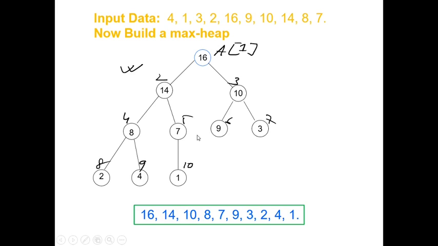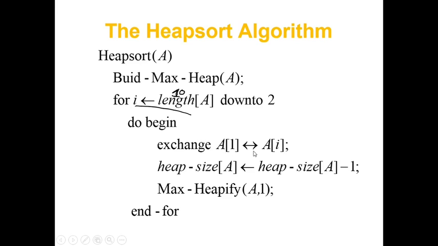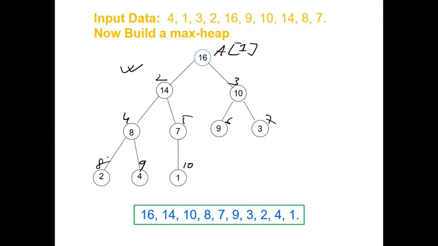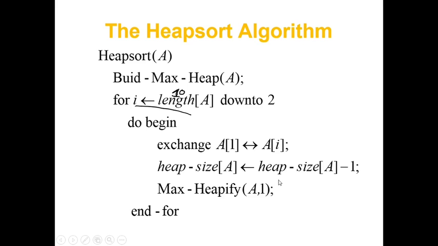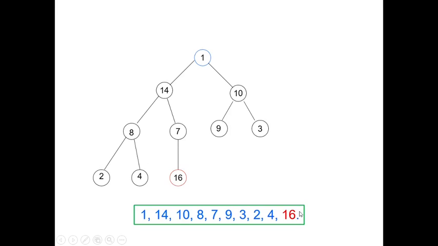So what it says is that you exchange A[1] with A[i]. So the meaning is very simple, it's a max heapify. Your intention is to get the maximum value from the heap. As I said, if you maintain the heap property, the root node will always give you the maximum value. So 16 is giving the maximum. So this 1 and this 16 will be exchanged. So 1 will go here and 16 will come over here, and 16 will be cut. That means the first element, 16, has been properly taken out from the heap.